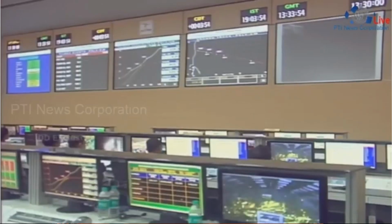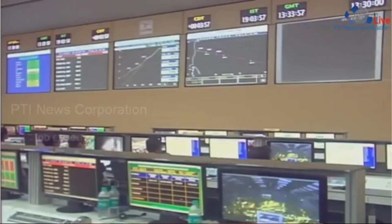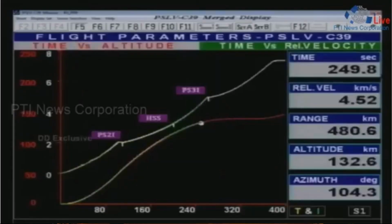What they're tracking the vehicle in minute plus 4 minutes. So 240 seconds into the flight, the velocity is around 4.33 kilometers per second. Altitude is 131 kilometers. The second stage cutoff is expected at 260 seconds when the vehicle would have been at an altitude of 134